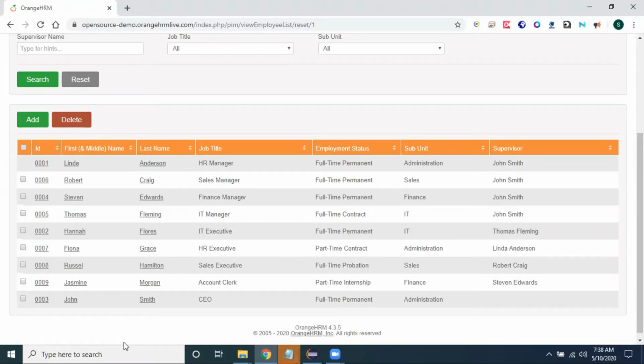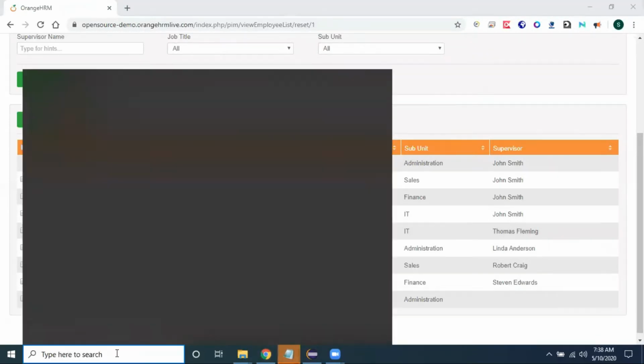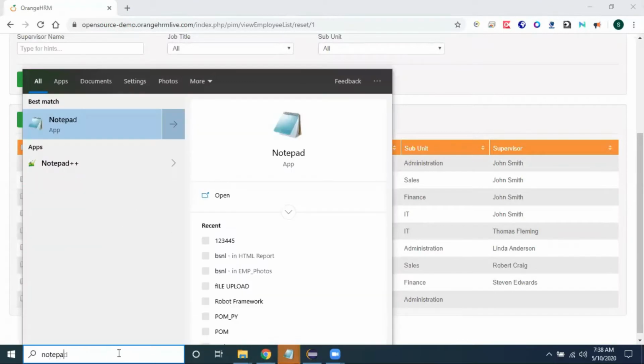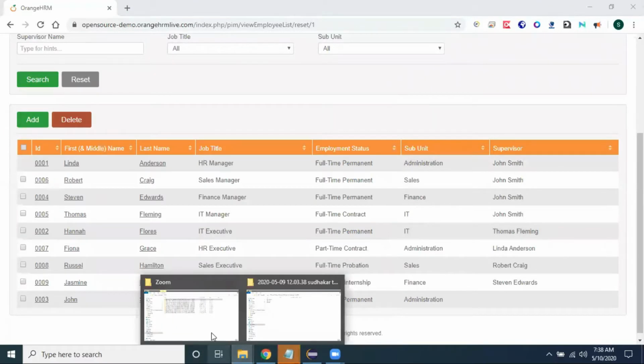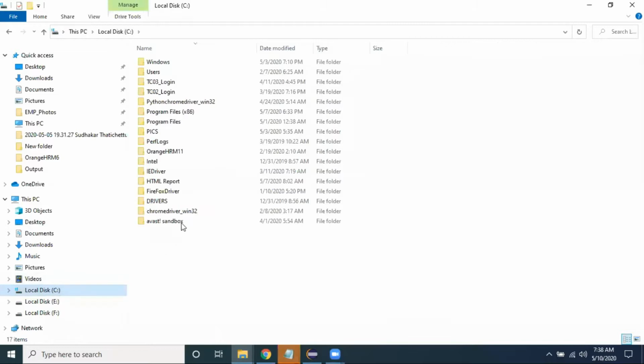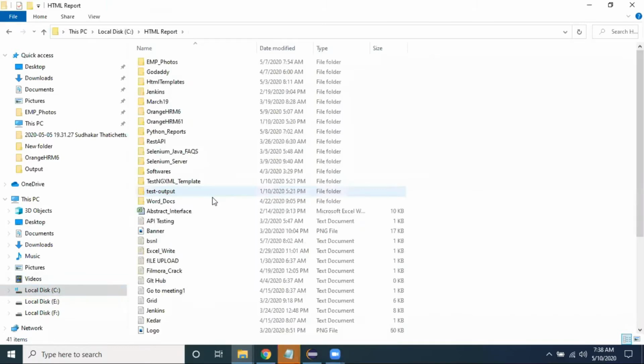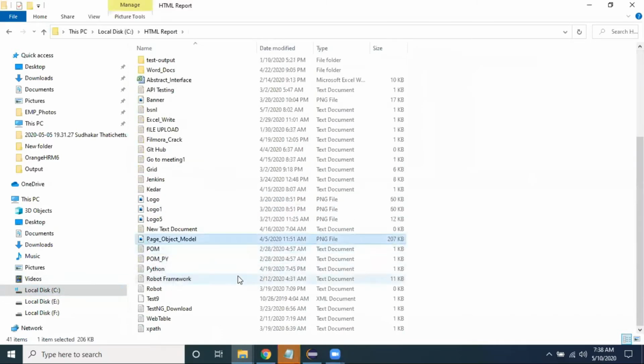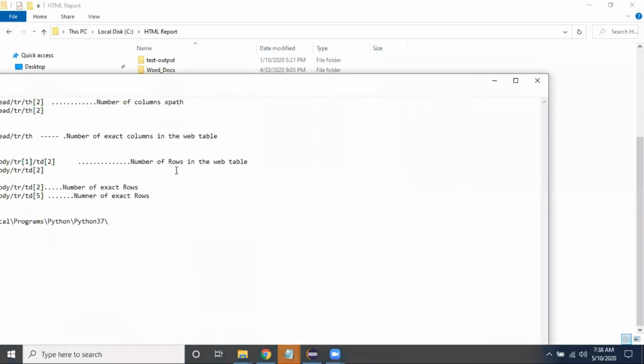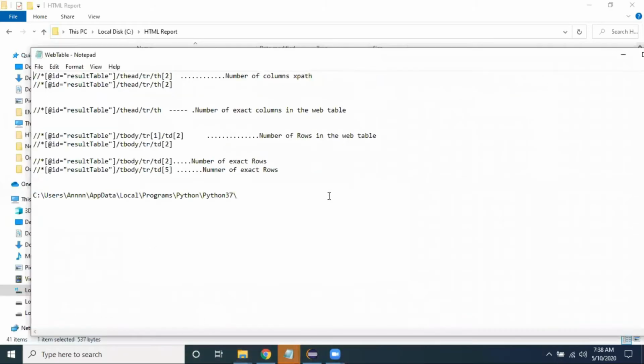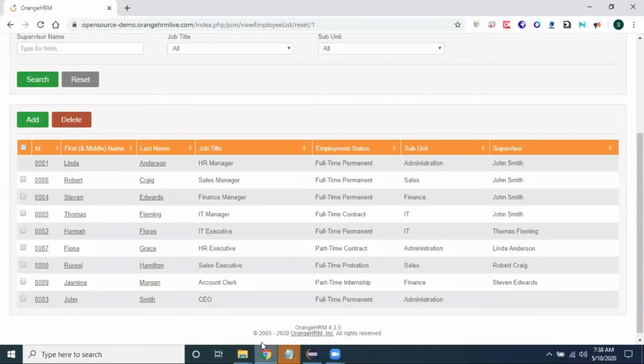Let me open my notepad here. I think the web table is already there. If you see this, first of all, I want to know the number of columns. How many columns are there in this web table?